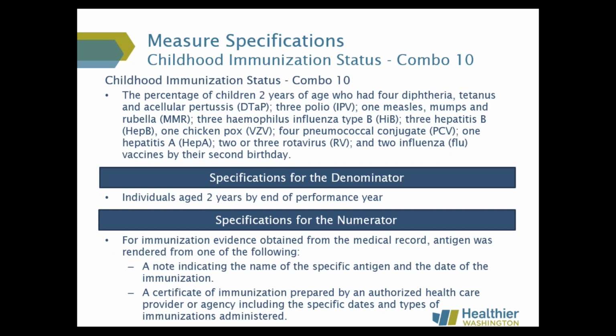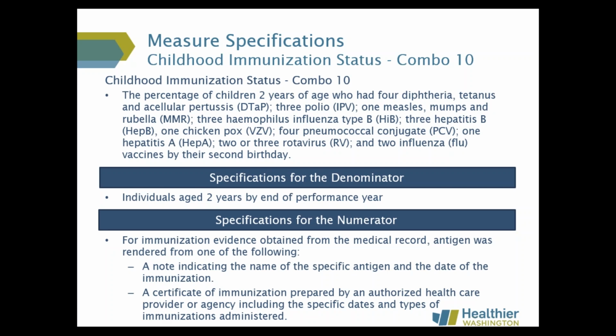Measure specification is around the childhood immunization status, combo 10 measure. And again, this particular measure, we are unable to compute it solely based on administrative claims, but this relies on the information on the electronic chart for the children who qualify for this measure, who has met the adequate criteria of receiving all the 10 immunizations within their second year